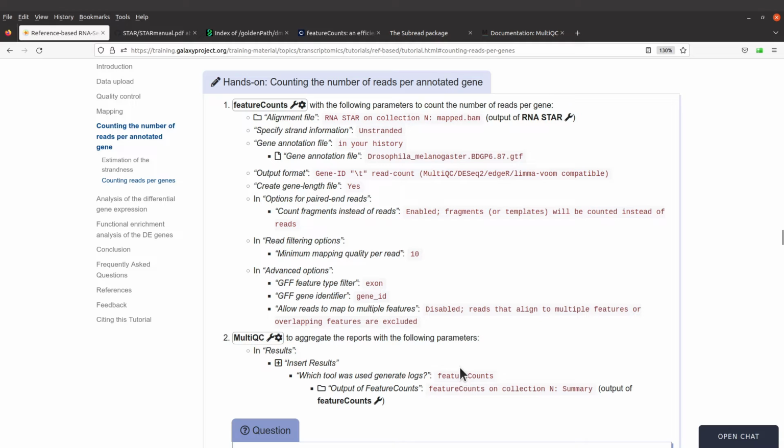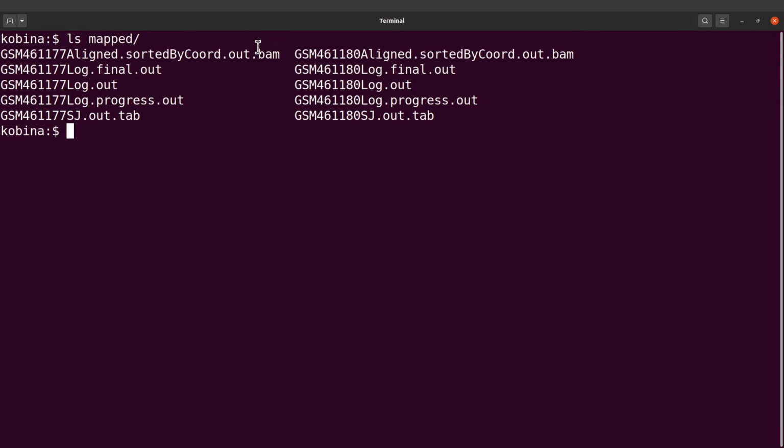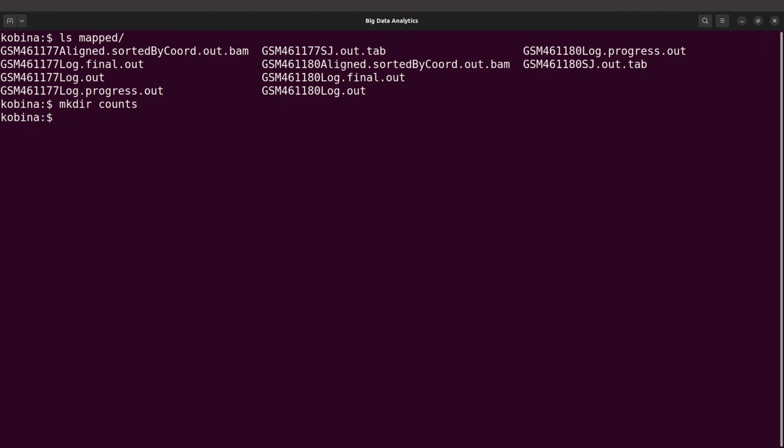So let's go back to the terminal and then run the FeatureCount command. So we will call FeatureCount and then we will supply the BAM files to it, this one and then this one. Before we do that, let's first create a directory. So we will say mkdir counts. So this directory is where we will store the outputs. So now we have a directory created. So we will say featureCounts and then we'll say